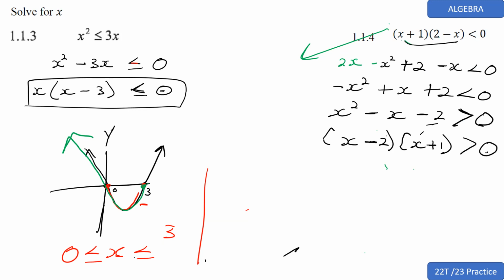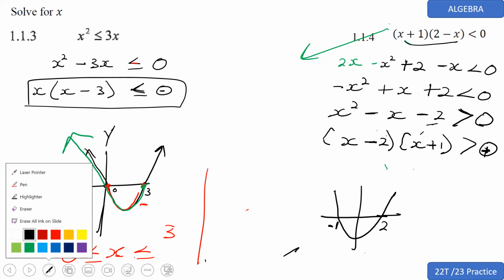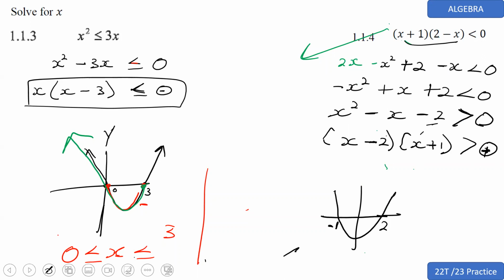Now remember, greater than 0 is positive, okay? So if we draw a parabola, the critical values here for this parabola will be minus 1 and 2. So there's our minus 1, and there's our 2. Now, because it's greater than 0, we are not looking below the axis, but we are looking above now. So our solution now is running from this point called 2, and it's going to infinity, or from minus 1 to minus infinity. Now, to write that answer down, we're basically saying x, in this case, is less than minus 1,